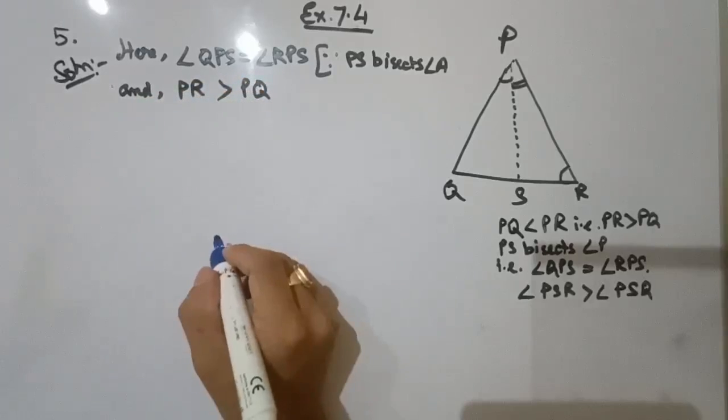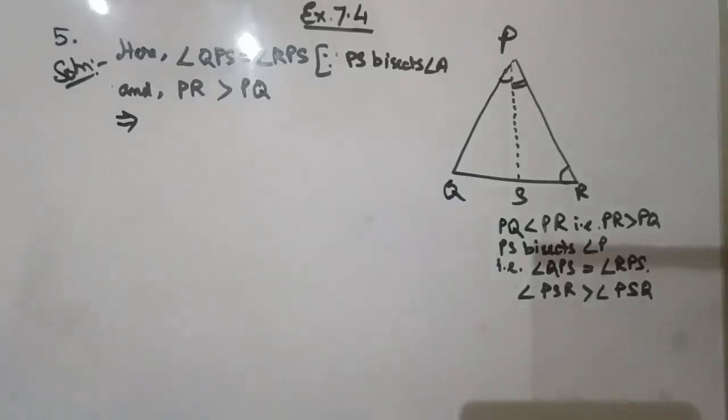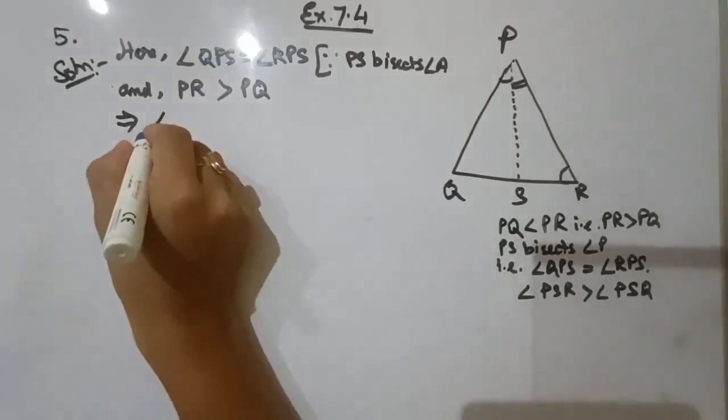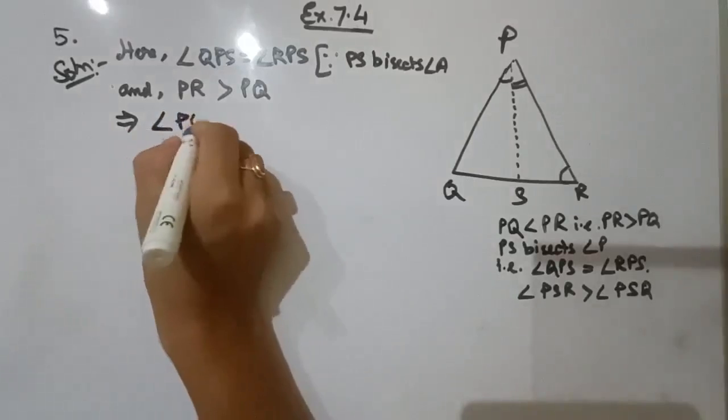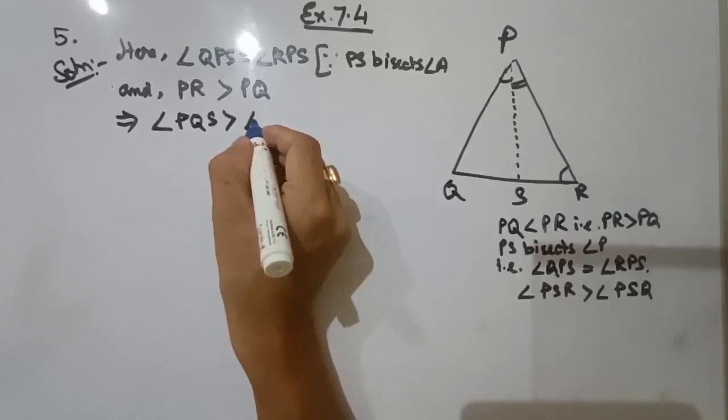This is the given information. Implies angle PQS is greater than angle PRS,